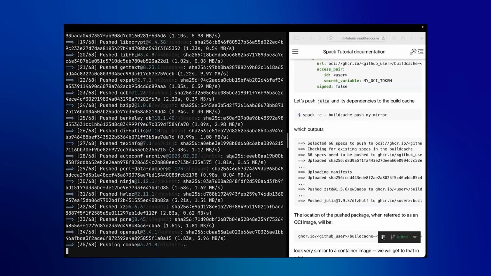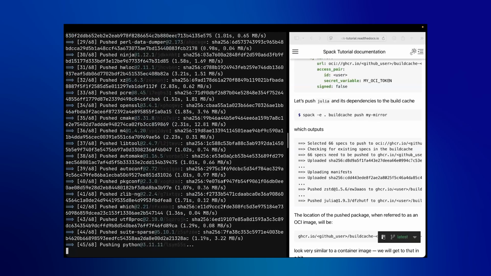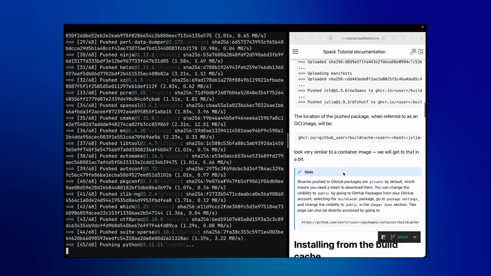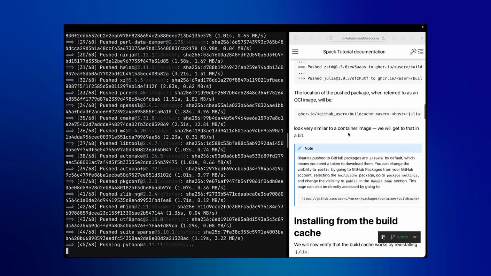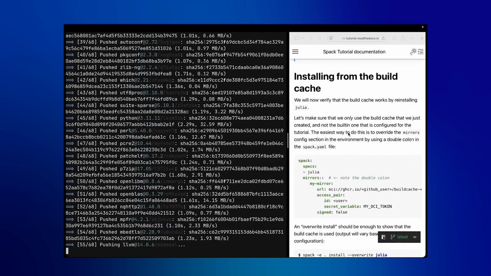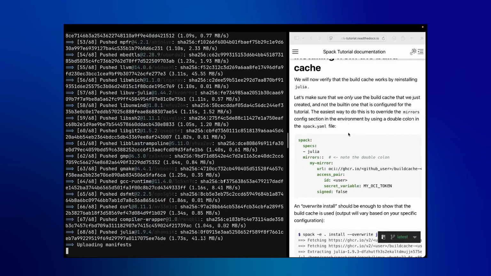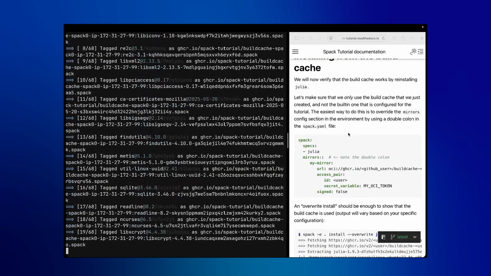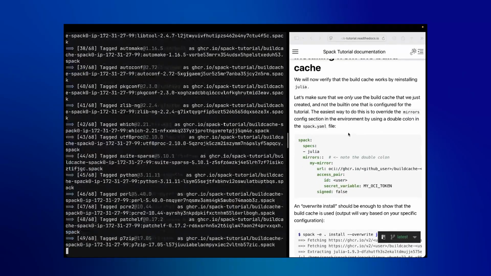So we're going to see it run through and push all 68 up there. And while this is continuing to push, the next part we're going to talk about is